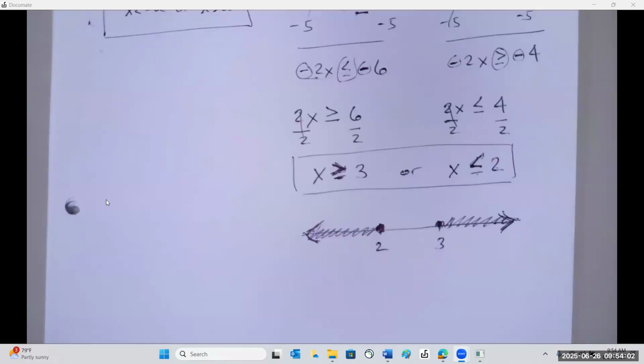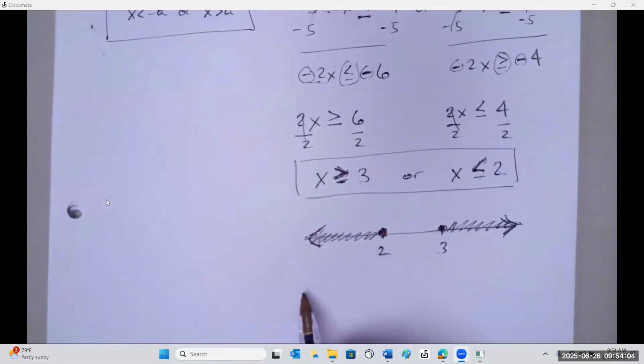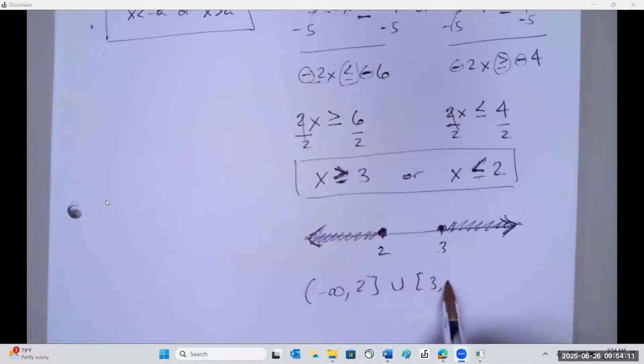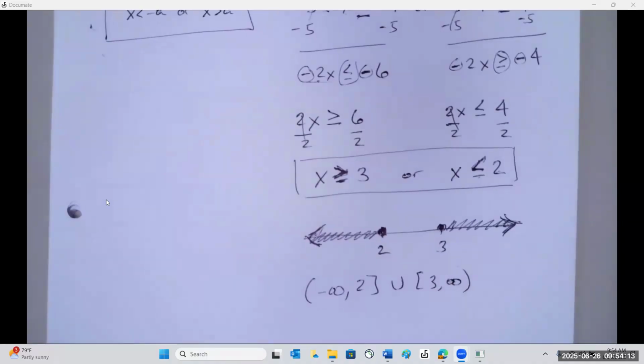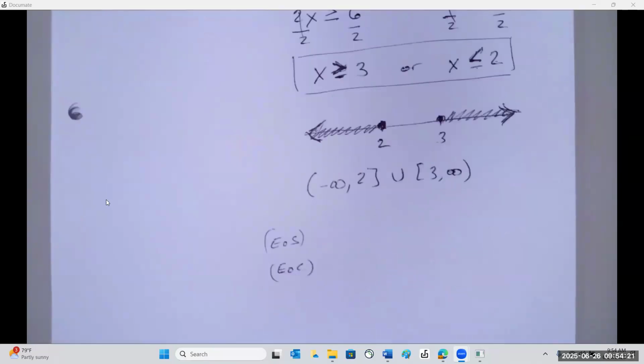So far, so good. And remember, we could have also done it with that notation. All right, so that's the end of that section and the end of that chapter. Which means